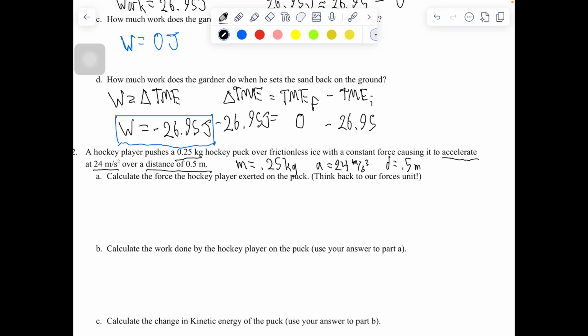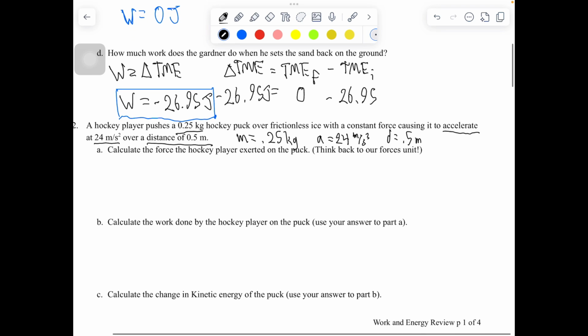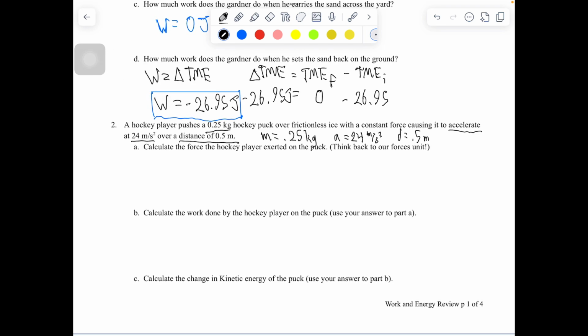Now let's look at our problem. Calculate the force the hockey player exerted on the puck. Okay, well, force exerted. We have to think back to our forces unit. This isn't an equation on our equation sheet, but we know that the total force, also sometimes referred to as the net force,